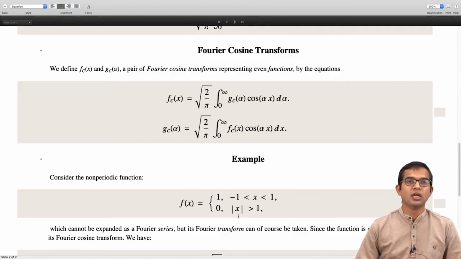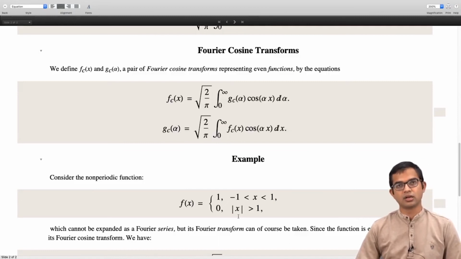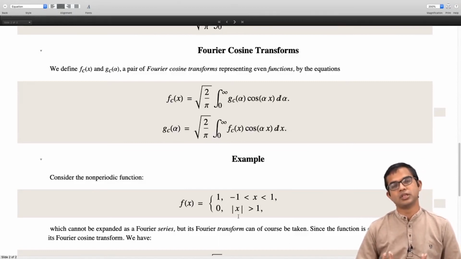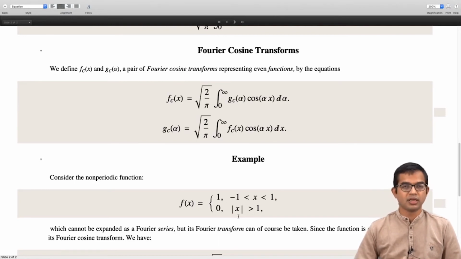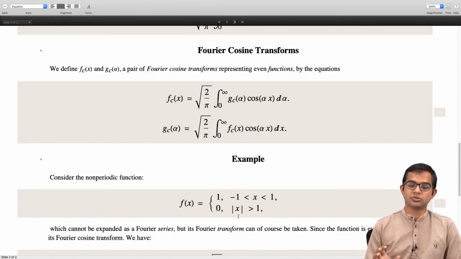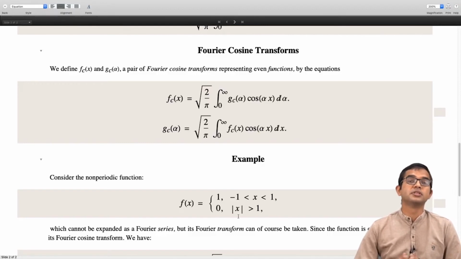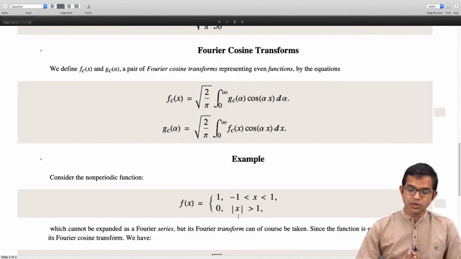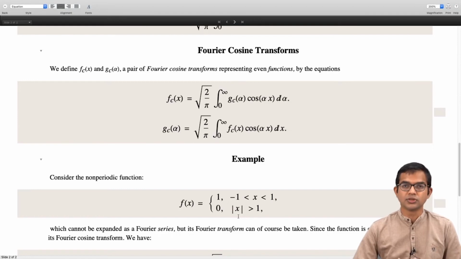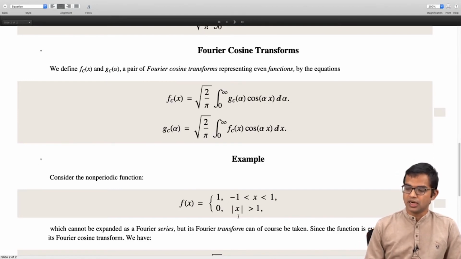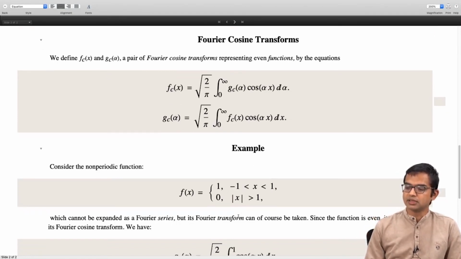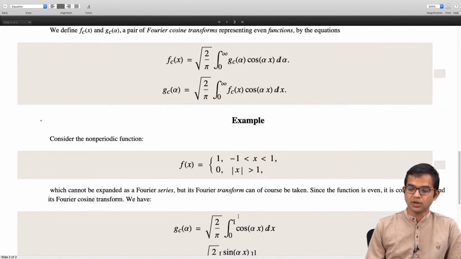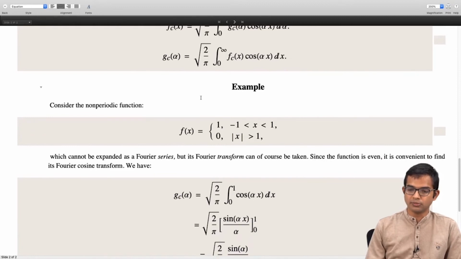We have seen how, if you're just given a function in some interval, for certain applications it's useful to think of this as a periodic function whose one period information has been given. But suppose we don't do that. We can do a Fourier transform of this function, and since the function is even, it is convenient to find its Fourier cosine transform. So now we have gc of alpha equal to square root of 2 by pi,